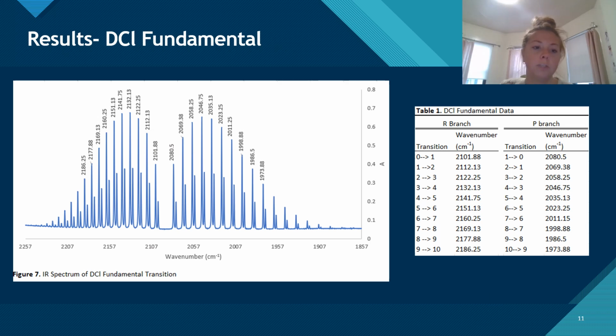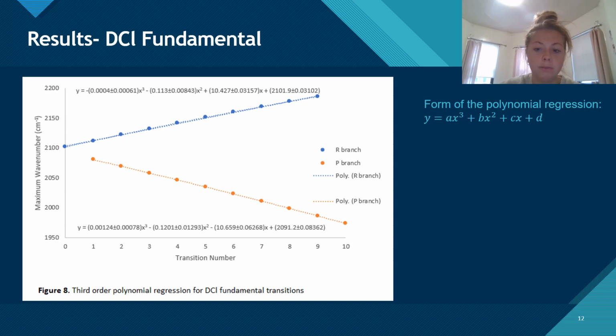So from our large spectra that we saw at the beginning of the presentation, we were able to zoom in. This is the DCl fundamental spectrum with all of the wave numbers listed for each of the peaks and their transitions. In order to calculate the molecular constants, we had to plot the transition number versus the maximum wave number for each transition for the R and P branch in this polynomial regression form,